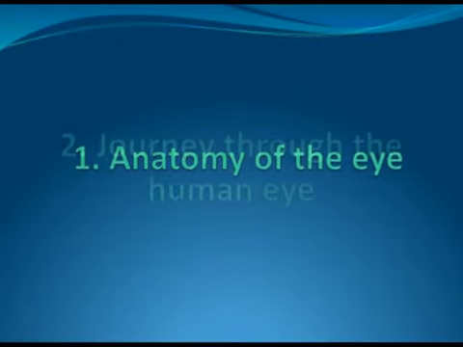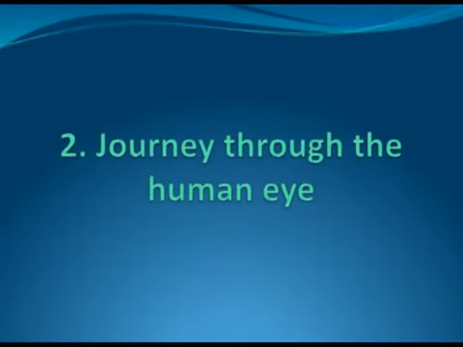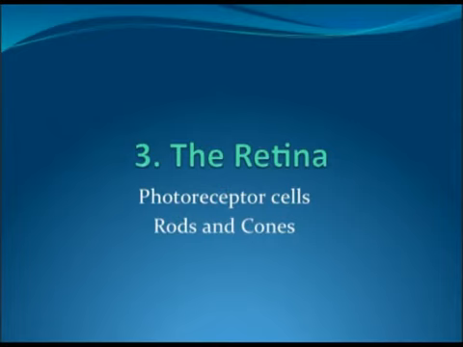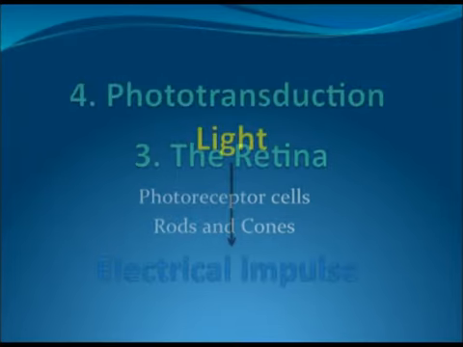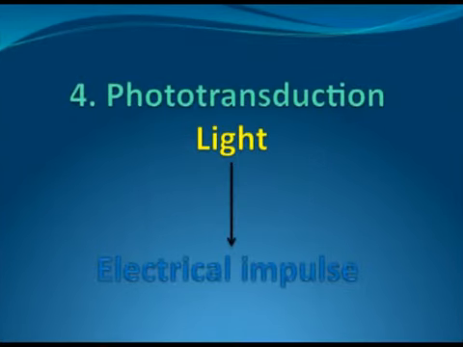I'm then going to talk about the journey through the human eye, so the different processes and structures that light has to go through in order to reach the light sensitive part of the eye, which is at the back of the eye, the retina. I'm then going to discuss the retina in a bit more detail and talk about the light sensitive cells, which are the rod and cone cells. And then finally, I'm going to talk to you about the process of phototransduction, which requires a bit more background knowledge. So first of all, just to start off with, I'm going to talk about the anatomy of the eye,